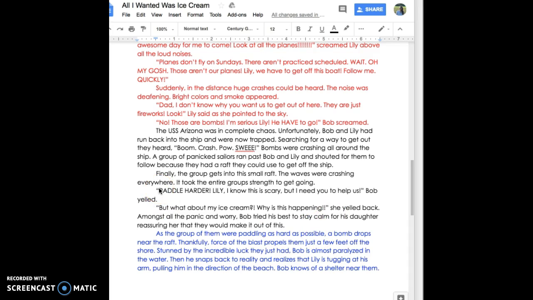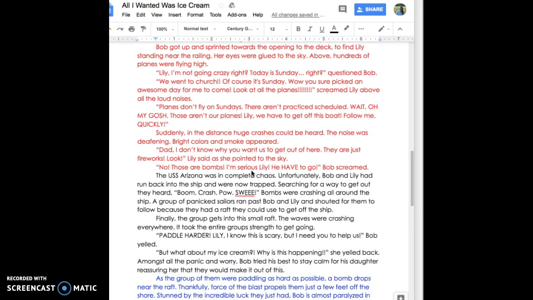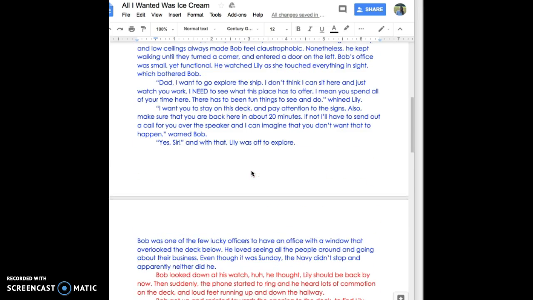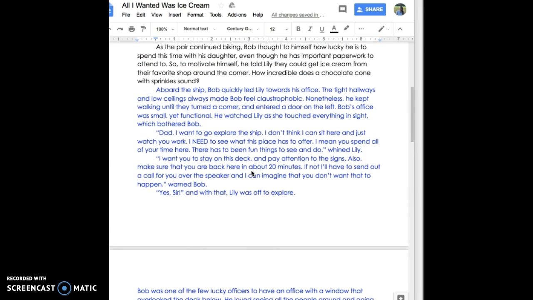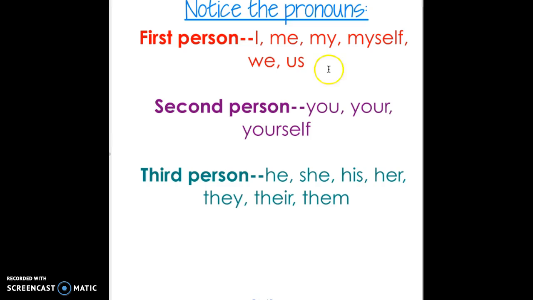So I'm assuming that most of us are working on writing our pieces in the first person. So you are someone who is inside the story. You're either writing from the position of Johnny for Cobal's class or from Lily in Miller's homeroom. So you're going to use pronouns such as I, me, myself, we, us. But you are also free to write in the third person like I did: he, she, his, her, they, their, them. Okay,